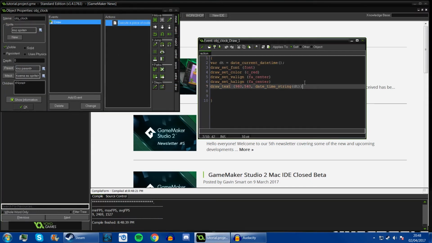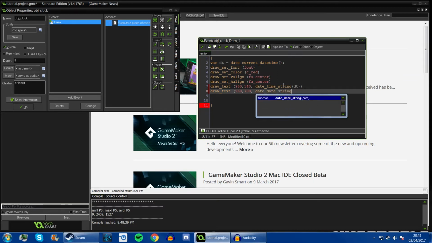But we're also going to have the date underneath, like what we had before. So we're going to have draw_text again. And then we're going to have 960. And then what was it that I had again that had it lined up? 700. And then you have date_date_string